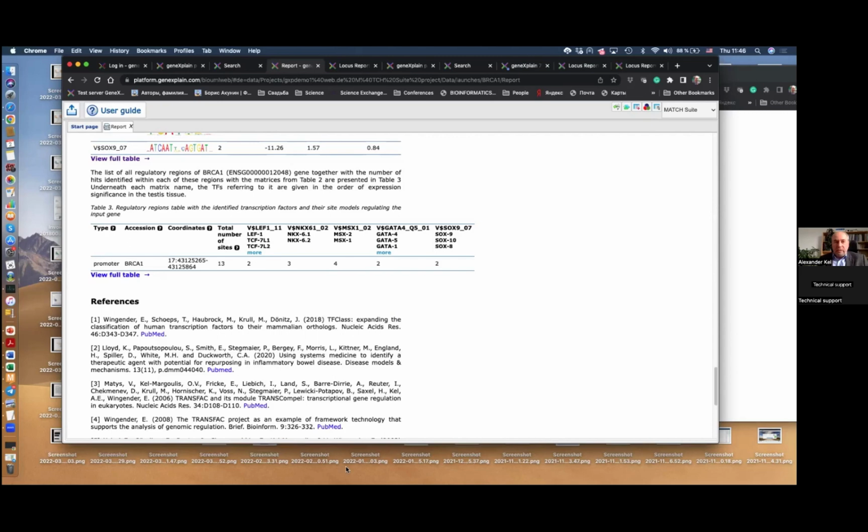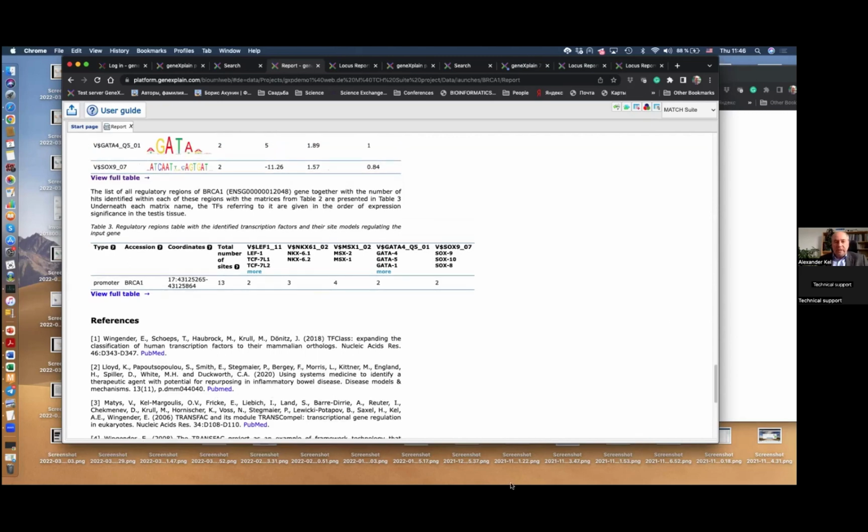Let me then go to answer other questions. So we have a question: I have two genes which overlap and are located in the same region of a promoter, but have different TFBS. Okay, as far as I understand,